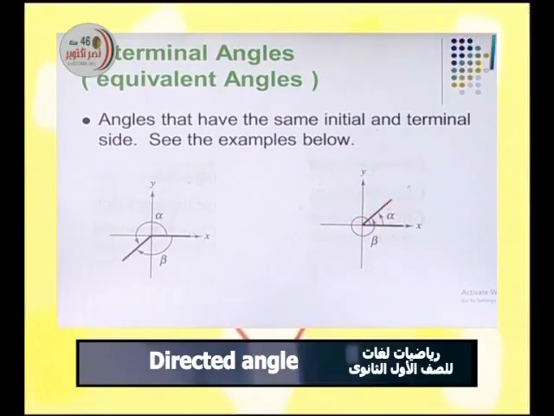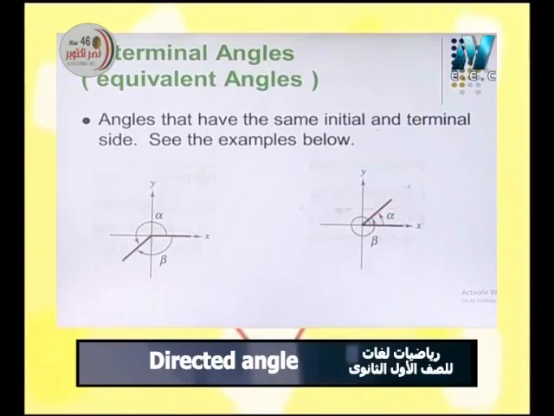We have alpha, the smallest angle, and after that we add a complete round around the origin point and return again to the terminal side. So alpha and beta, which return to the same terminal side, we call coterminal angles or equivalent